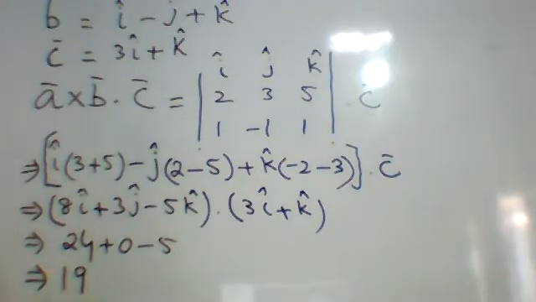So this is the way to find the scalar triple product. From three vectors A, B, C, we found the scalar answer. This is called the scalar triple product. Scalar triple product is used